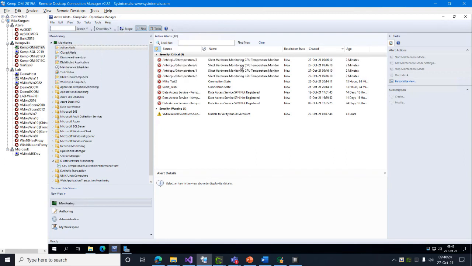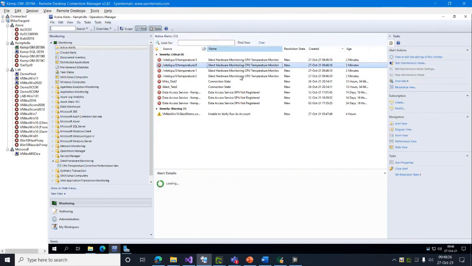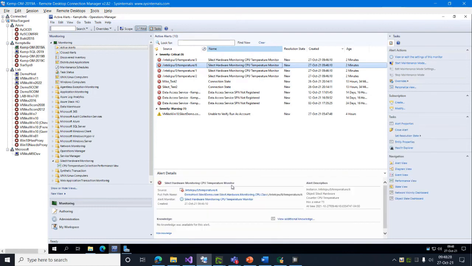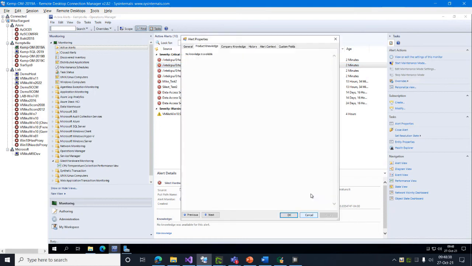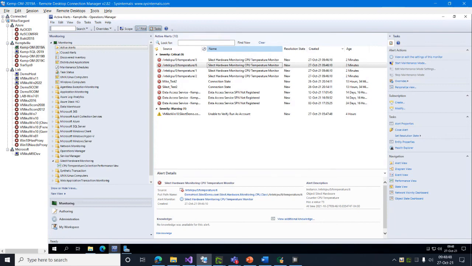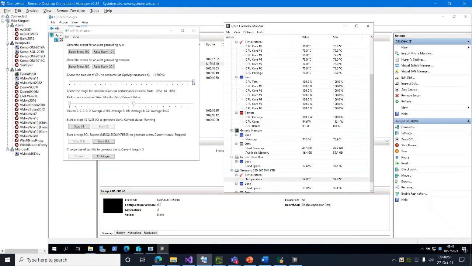There we go. So here, for instance, is an alert that was raised 2 minutes ago. It tells me the instance, and gives me all the information here. It's on demo host. It tells me what it is exactly, the current value. We have additional knowledge. We should probably create knowledge for the monitor, that sort of thing, but this tells us everything we need. And if I go back to my host and turn the CPU back down to something reasonable,